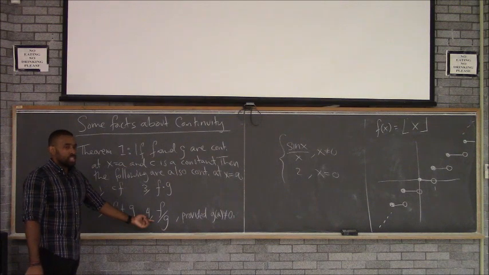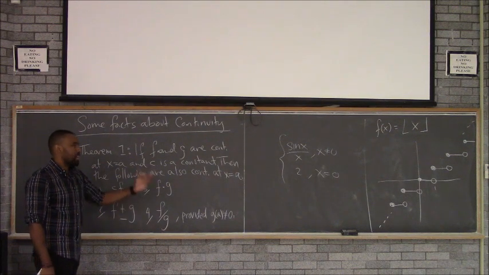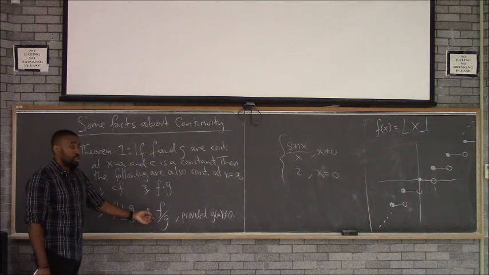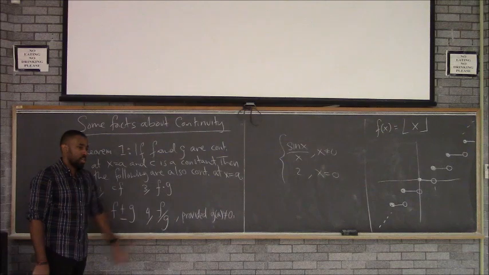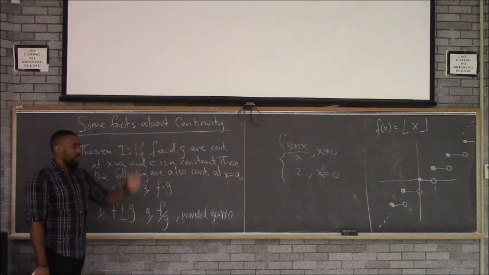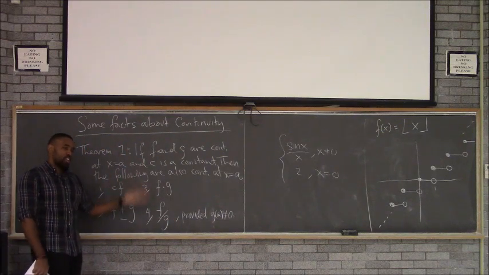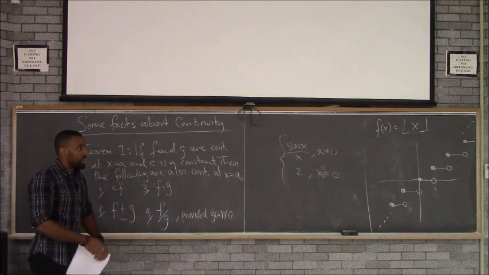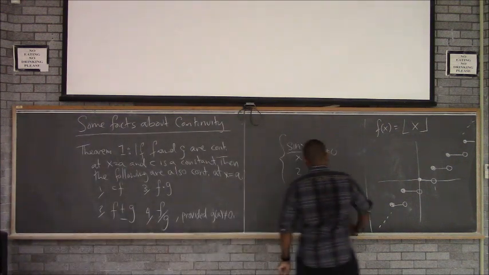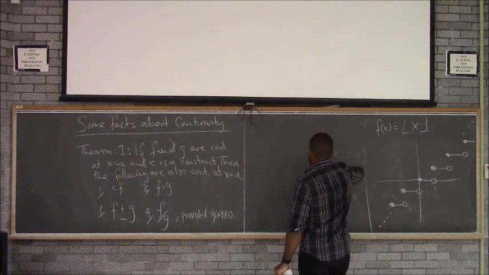Once I know sine of x is continuous, it's a trig function. I know x is continuous, it's a polynomial. So the division is going to be continuous whenever the denominator is not 0. So that's why I can just say, oh, we're fine. Really, it's because in the background, there's this theorem that tells me I'm fine. You never really just wave off anything randomly. In math, there's always a reason why you can say something.